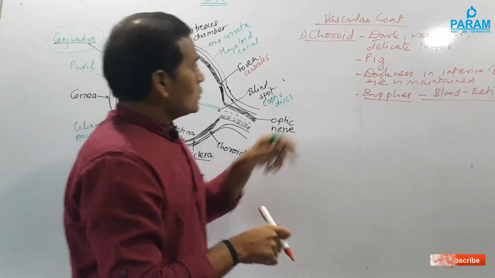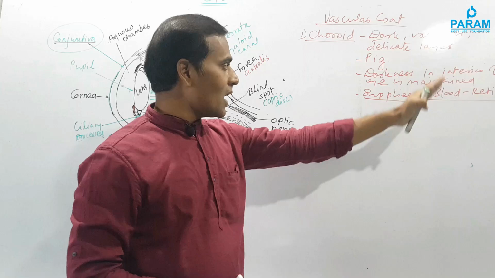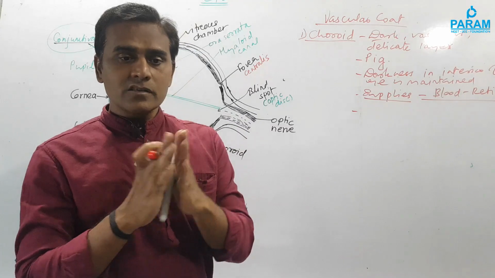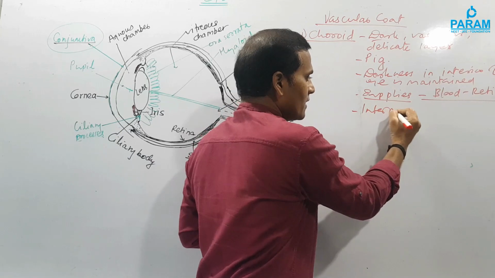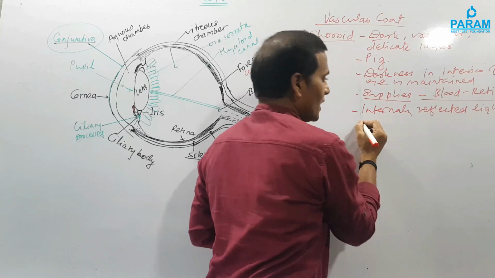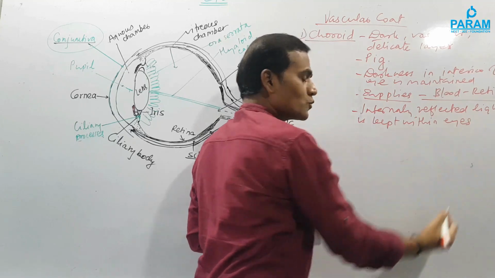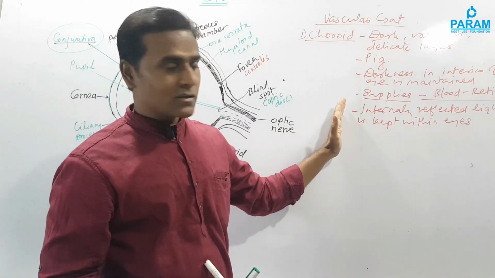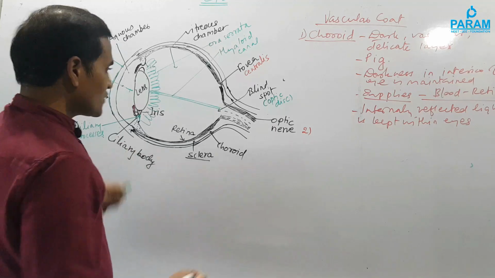Well, so choroid, it is a dark, vascular, delicate layer, it is pigmented, it provides darkness to the interior of your eye and it supplies blood to the retina. And the next function of this choroid, it does not allow internally reflected light to leave the eye. Whatever light reflects internally is not allowed to emit from your eyes, and that function is performed by choroid. Next layer is ciliary body.